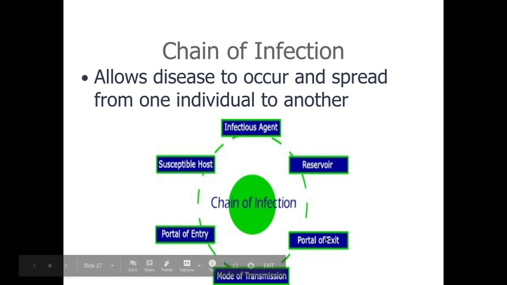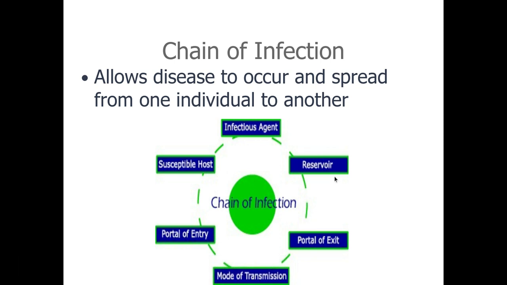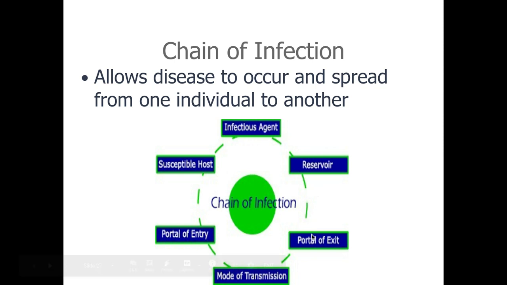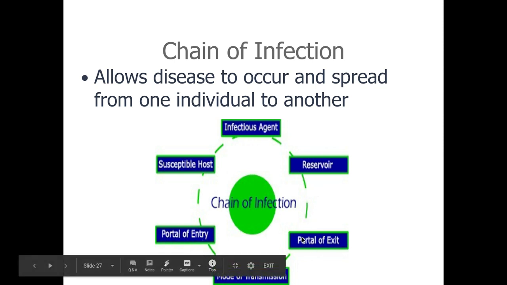If you have all of these different components, then that's how infection spreads. But if you're able to actually eliminate some of these components, then the infection won't be able to spread. So again, it'll make more sense once we get into it. But just remember, you do have this chain of infection. You have these different links in it. And then if a link is broken, then that can help with not spreading the infection.